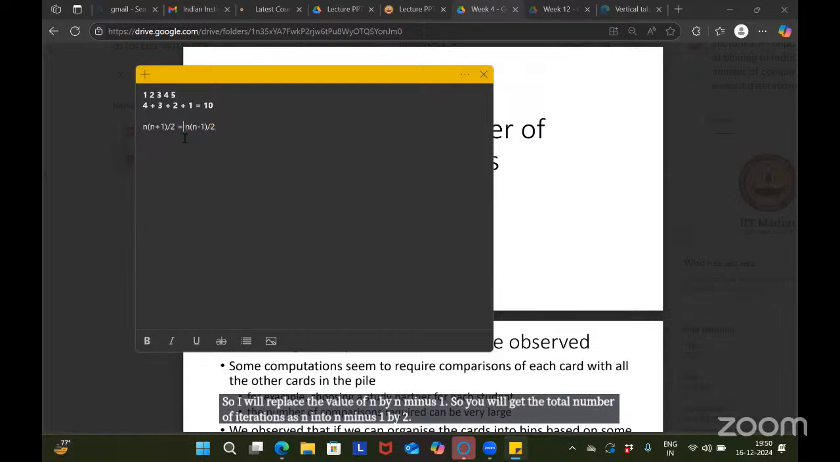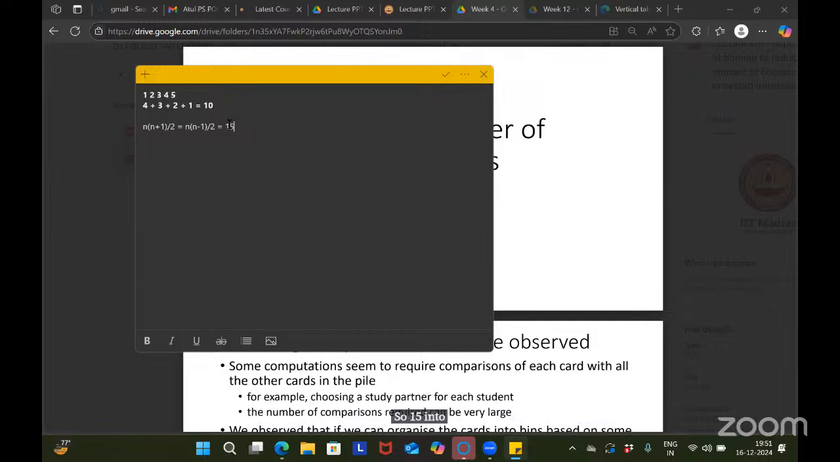So let us say you have 30 cards. How many iterations are you doing? 30 into 30 minus 1 by 2, so 15 into 29 iterations. Now, if you have binned the 30 cards into 3 bins,